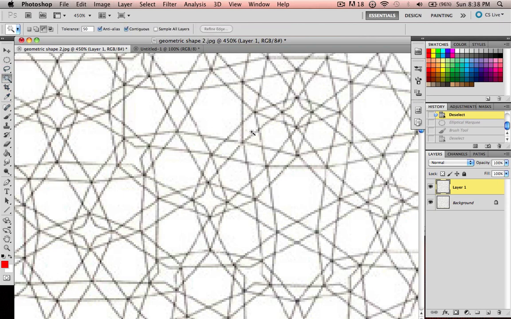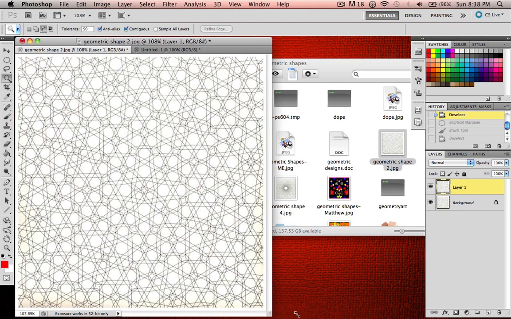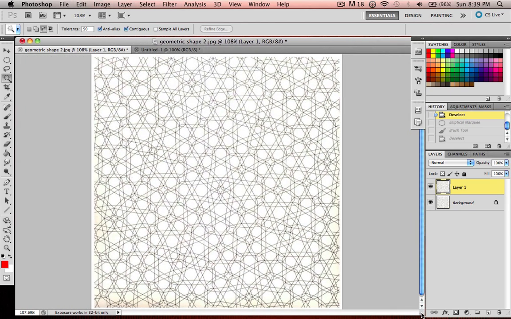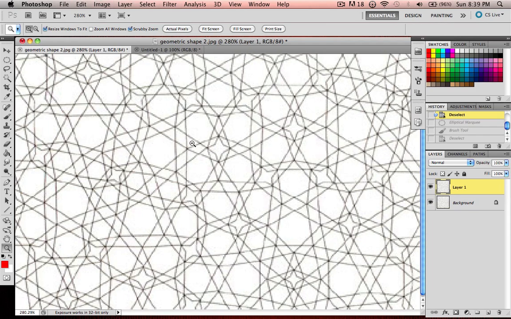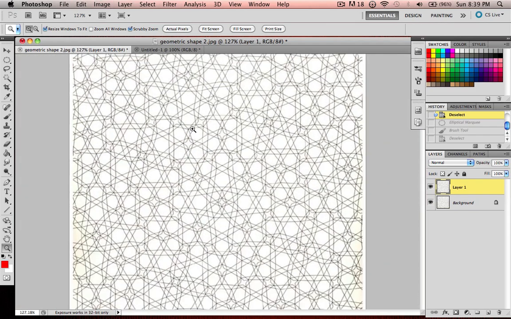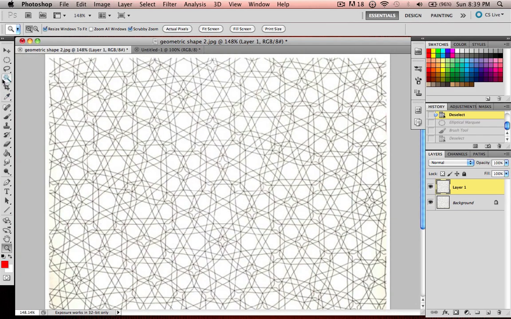So this is going to be your guys' next project in a couple lessons, but for now I'll just show you this. You're going to have a choice of 3 different geometric patterns like this that I'll post to the Facebook page, and I'll provide a link to that in the description in the project that we do. But what you're going to do is use your skills of the magic wand tool and select, here I'm going to bring my tolerance back to 10 because 10 works pretty well for this,